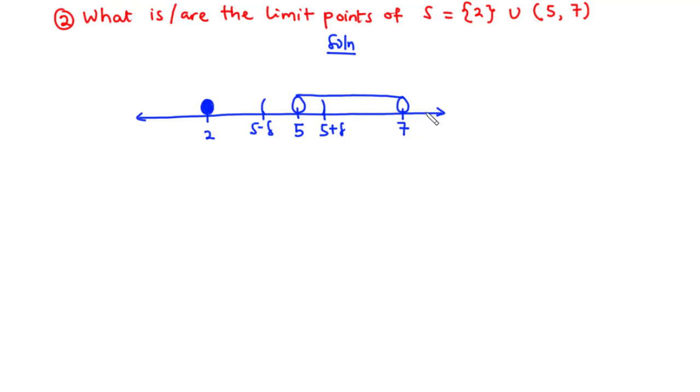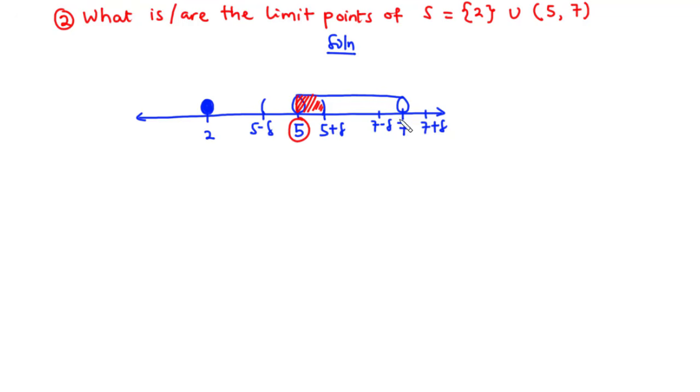Now also for 7, we are going to have 7 plus delta on the right, and then 7 minus delta on the left. Now if we find the region of intersection between the interval 5 minus delta, 5 plus delta, and S, you realize that the intersection has infinitely many points,